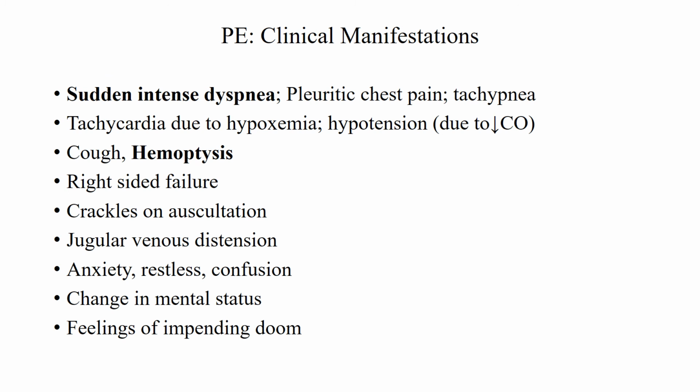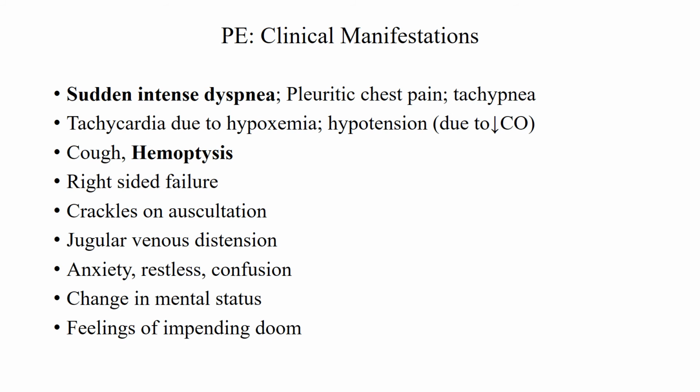Clinical manifestations of pulmonary embolism include a sudden intense dyspnea. There is pleuritic chest pain, tachypnea, tachycardia due to hypoxemia, and hypotension. There is cough, hemoptysis or blood in the sputum, right-sided failure due to the involvement of pulmonary circulation, crackles on